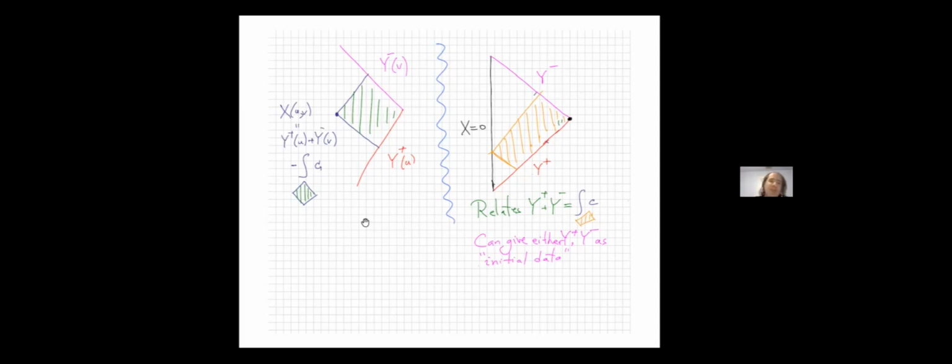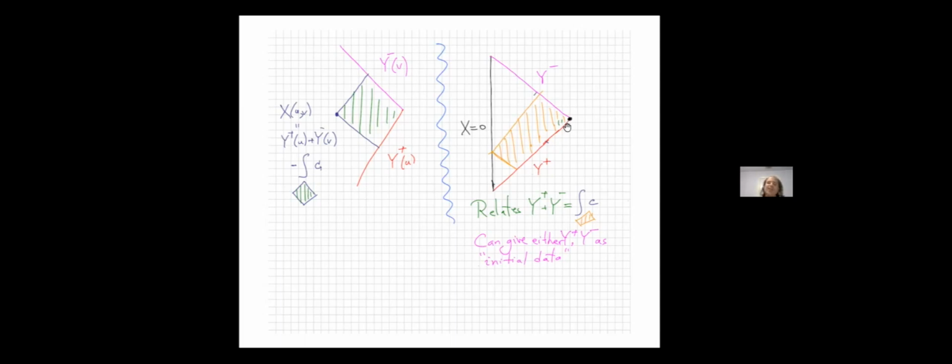Of course, if you wanted to, let's say, only give Y plus, well, you have to give the other data somehow. Okay, so what you can do is impose another boundary condition. So you can take this whole picture and just chop it off somewhere and say, let's say on this line that X equals 0, and we can even correlate this X equals 0, let's say with the value there, although it doesn't really matter that much. But anyway, let's just say that we put X equals 0 here and there.